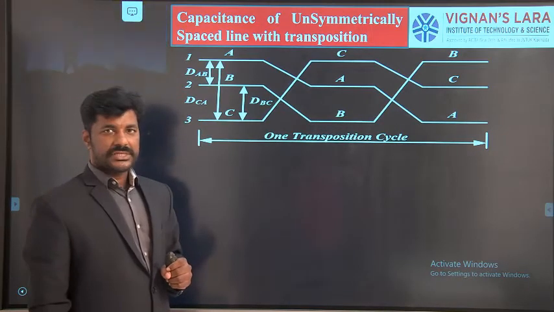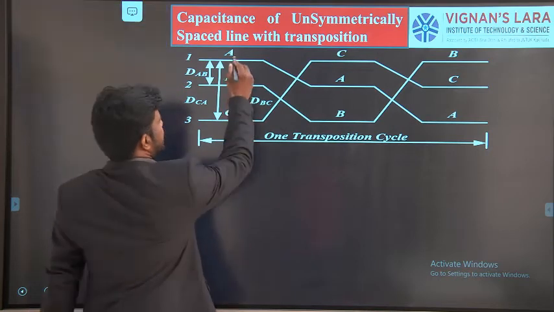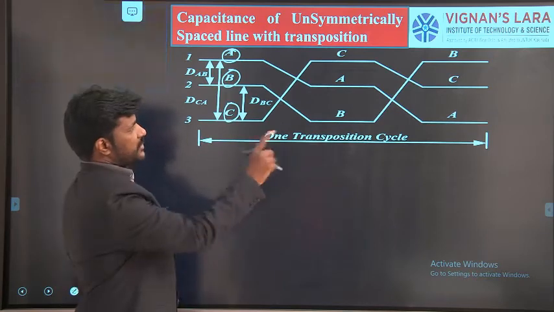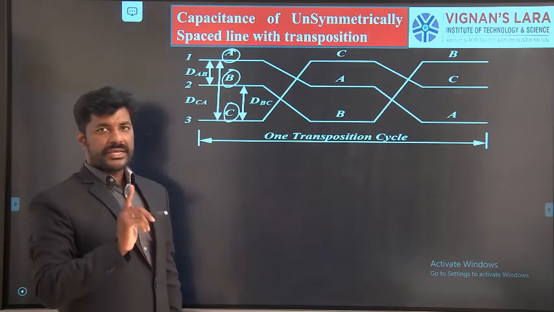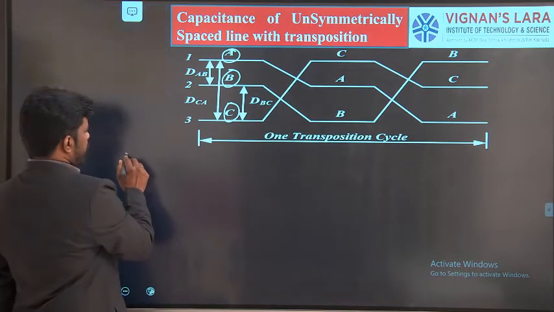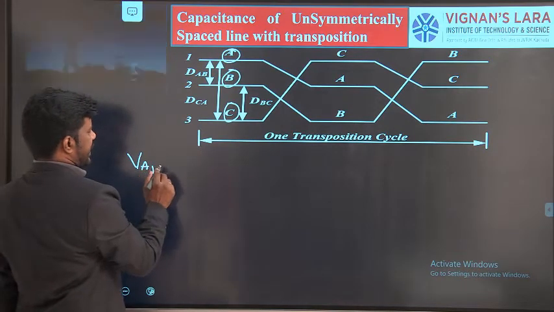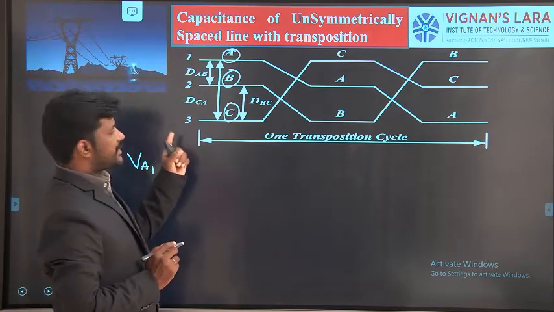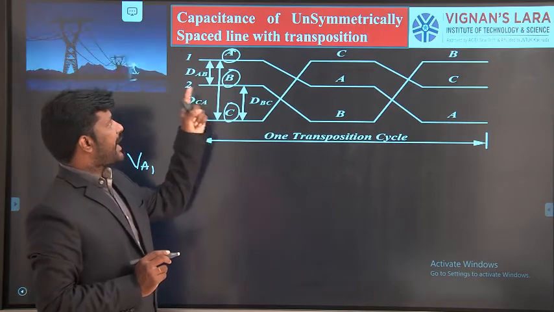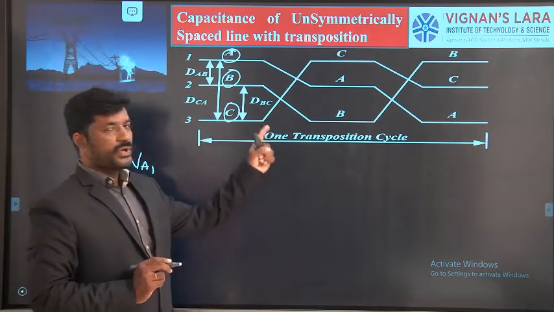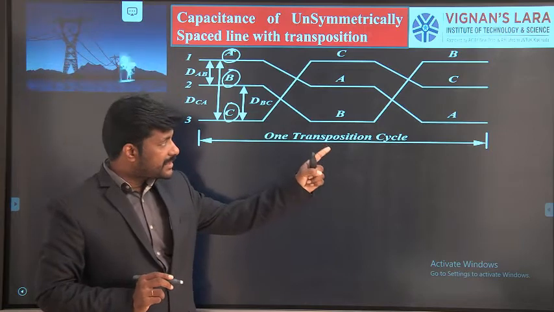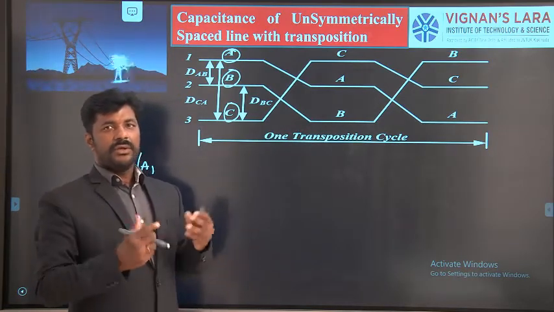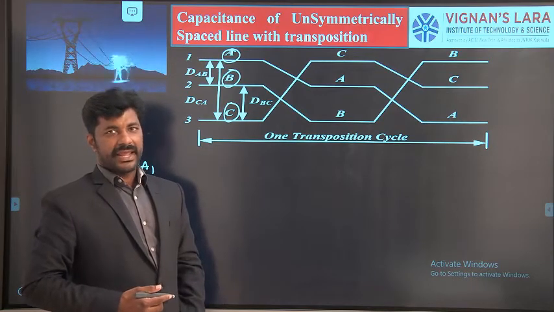Conductor A in a 3-phase 3-wire system which is transposed, and this figure shows one transposition cycle which consists of 3 conductors, conductor A, conductor B and conductor C, with the transposition having different positions over a cycle. And we came to know how to write the potential of conductor A in case 1, case 2, case 3 independently. Case 1, case 2, case 3 are nothing but: in section 1, A is at position 1. In section 2, A is at position 2. And in section 3, A is at position 3. For these 3 positions, we are going to write the potential of conductor A independently.